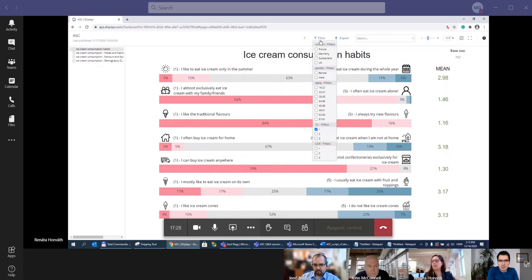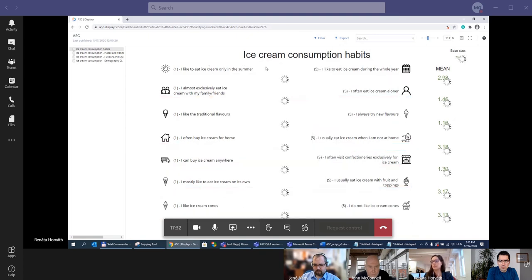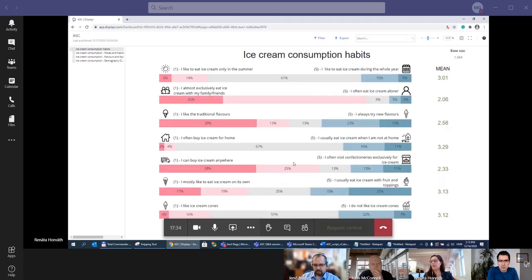And if we are doing some cluster filtering, this is the raw data. You can see that it is quite negative. And if I filter it for the first cluster, we can see that three of the statements have quite high numbers.